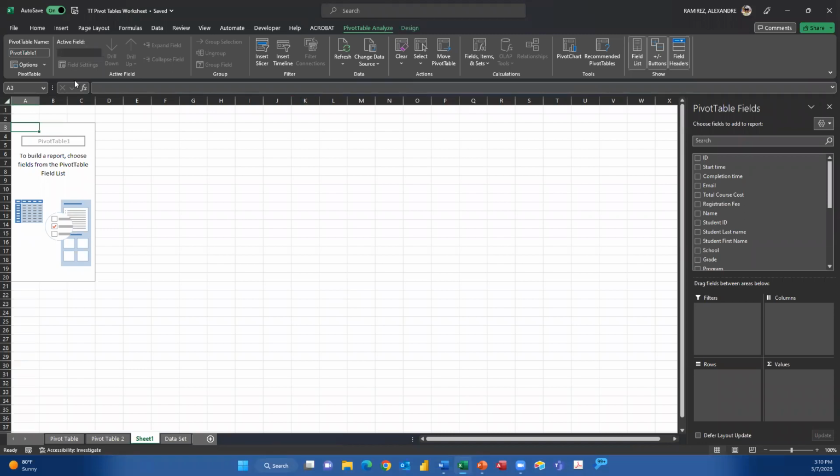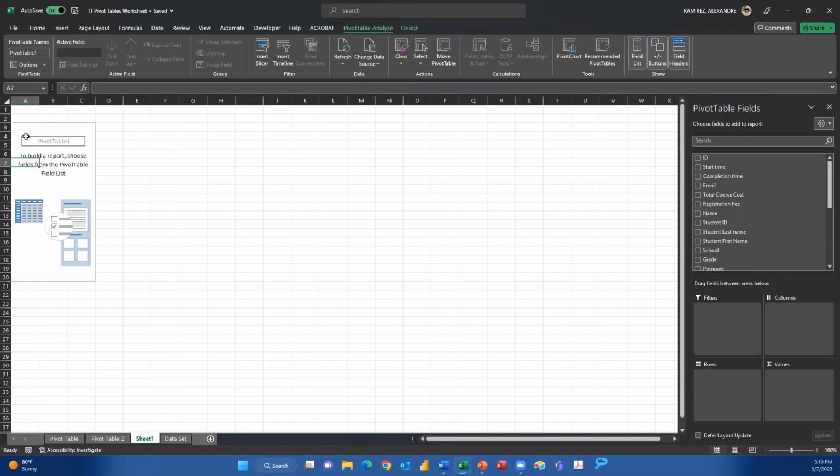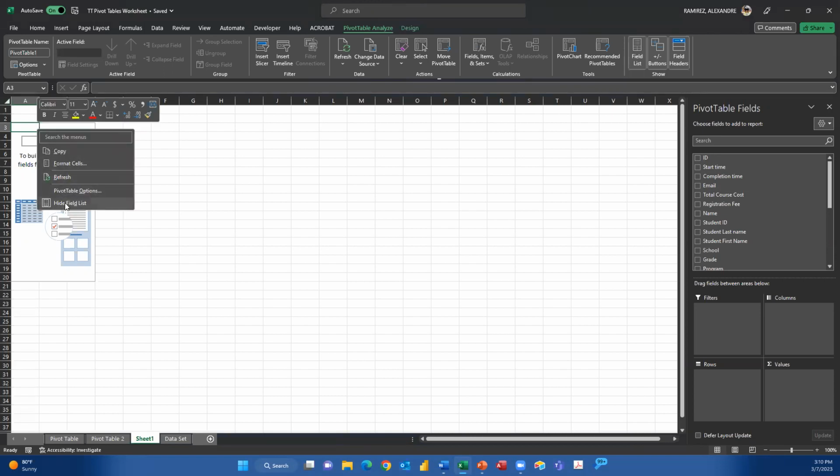So some quick terminology before we start adding our fields. What you are looking at here on the right-hand side is called the field list. And the field list is essentially the kind of building window where you can arrange the various components of your pivot table. So if you right-click here on the pivot table window where it says to build a report, choose fields from the pivot table field list, you'll see hide field list and show field list. I always like to show this because